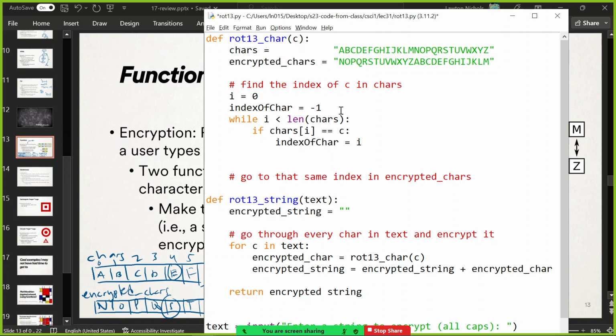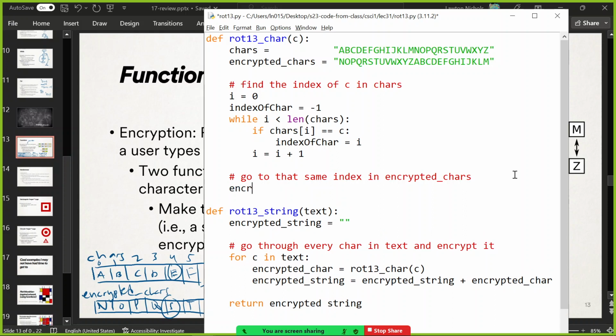And so if you didn't find it, you want to look at the next index, so I equals I plus 1, to get ready to look at index 1, index 2, until you find maybe the H, and save that index that you found. So then if you go to that same place in encrypted chars, go to that index, that is your encrypted version of that original character C. Return that. That will do your encryption.